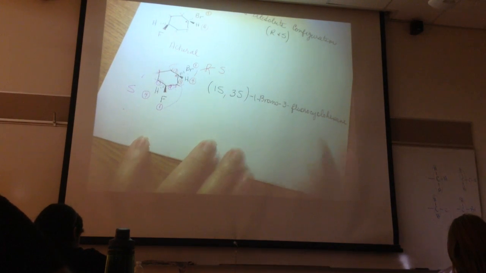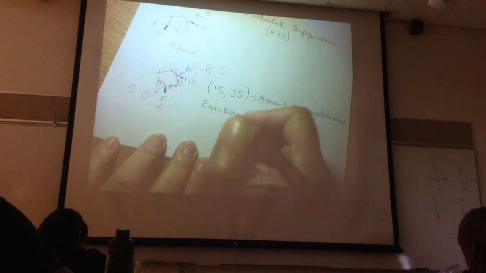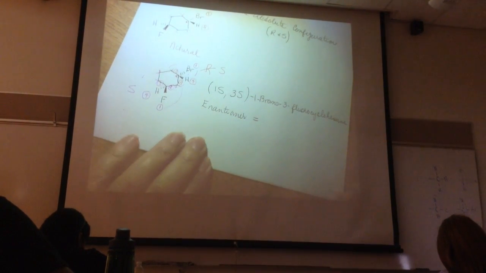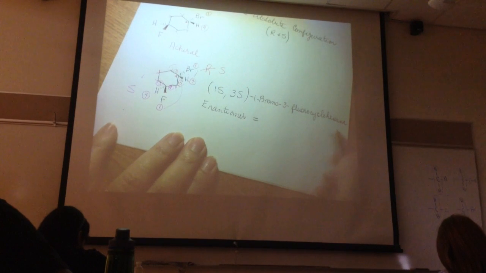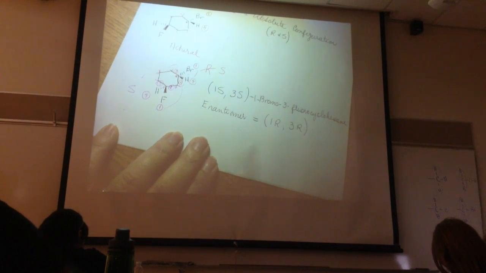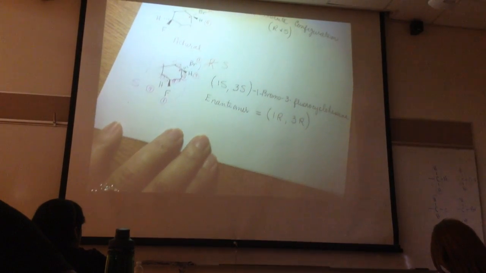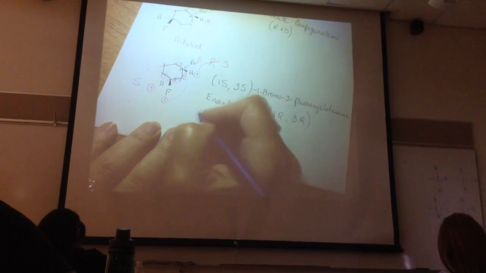The enantiomer, if I ask for the enantiomer of that compound, is going to be then what? 1R, 3R. That will be the enantiomer. Opposite at each site, right? Opposite at each site. If we ask for the diastereomer,